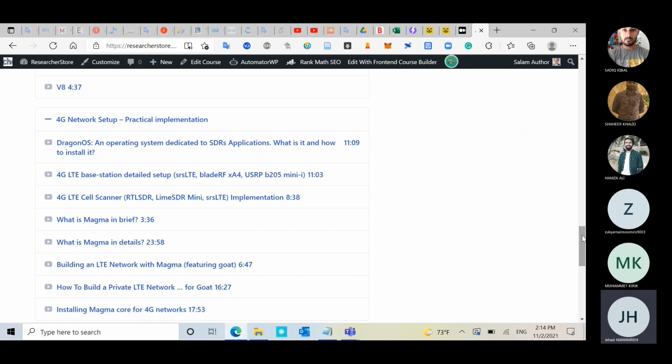The clock rate of such a USRP is found to be equal to 100 megahertz, and this clock rate is not compatible with the clock rate that's being used inside the srsRAN software. And due to these incompatibility issues, we were stuck and not able to move forward with the prototype that we wanted to build inside the lab. And due to this reason, we thought, since it was very clear that there is no way we can build a 4G or 5G network without making the hardware compatible with the software, we advised you to buy some